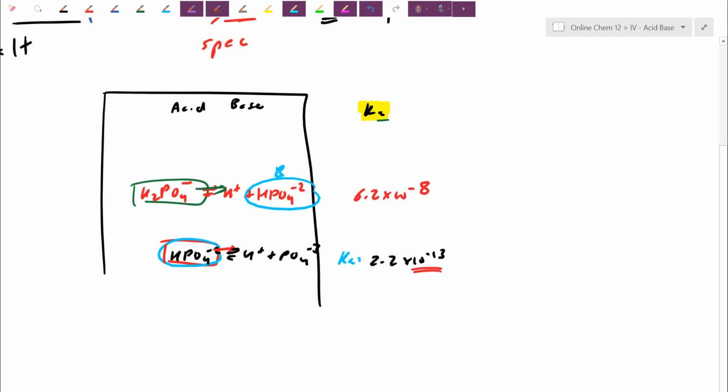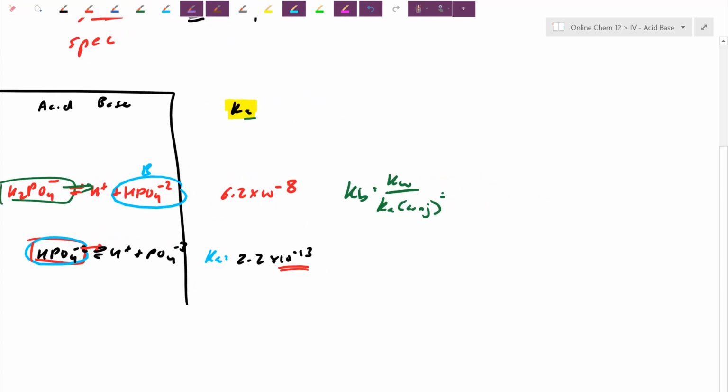Remember what we're going to do, we need the relationship. The Kb is equal to Kw divided by Ka, but be careful, it's the Ka of the conjugate. Ka of your partner. It's pretty much the Ka of the reaction that you're trying to reverse. So Kw here is 1.0 times 10 to the negative 14. The Ka of my conjugate, I'm not going to divide my own constant. I'm not going to divide how good I am at tossing a football. I'm going to divide how good is my partner in tossing the football away. So 6.2 times 10 to the negative 8. We're going to go 1e negative 14 divided by 6.2e negative 8, and this gives me here 1.6 times 10